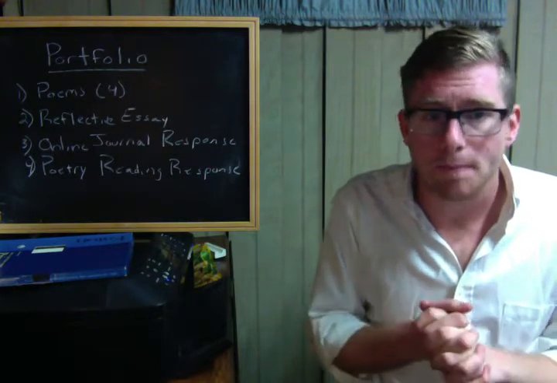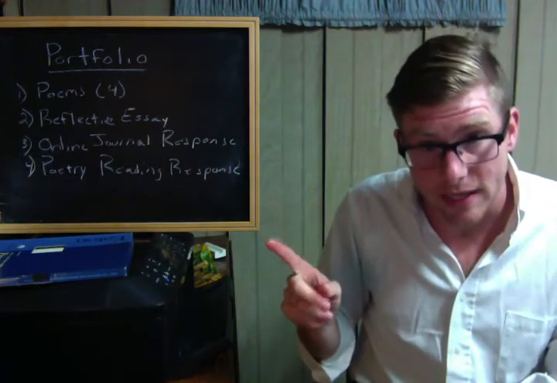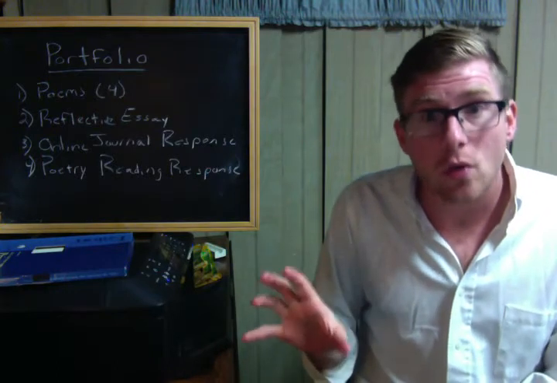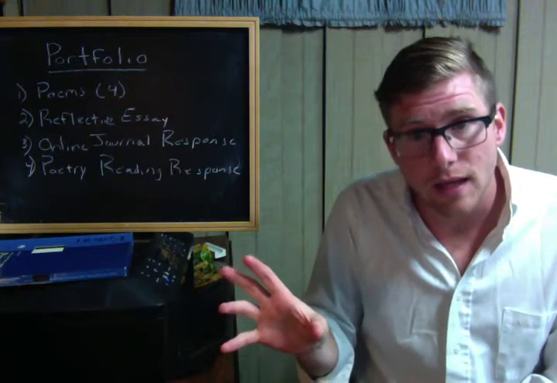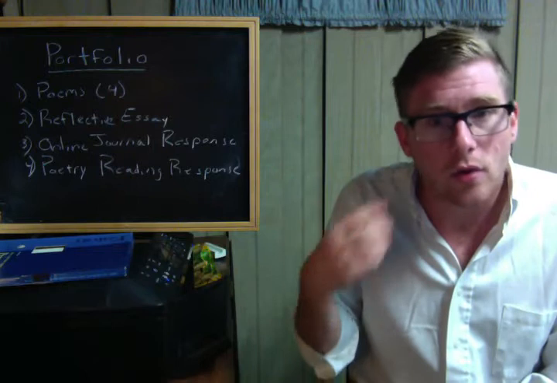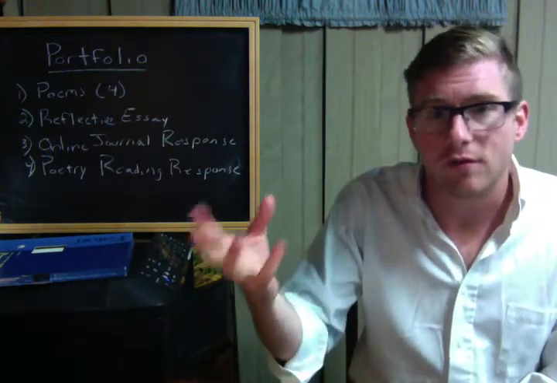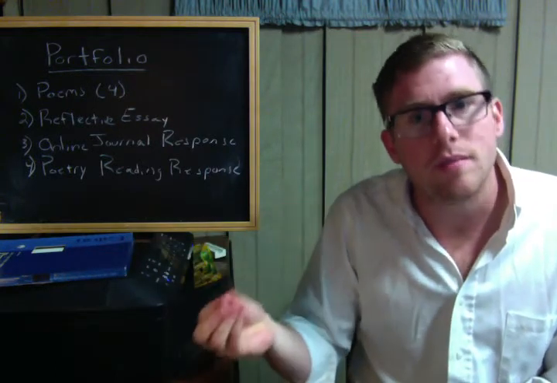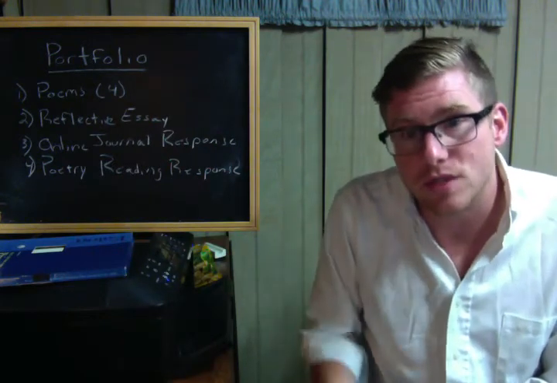All right. Then you have the online journal response. Okay, this is 1 page, double-spaced, all right, so not 2 pages like the reflective essay, just 1. And for this, you're going to have the opportunity to look at an online literary journal, okay, and you're going to pick a poem from one of these journals, right, and you're going to talk about that poem for a page, just as you've been doing in those Friday free response things where you just pick one poem and explore it. You're doing the same thing in this one-page double-spaced response, okay?